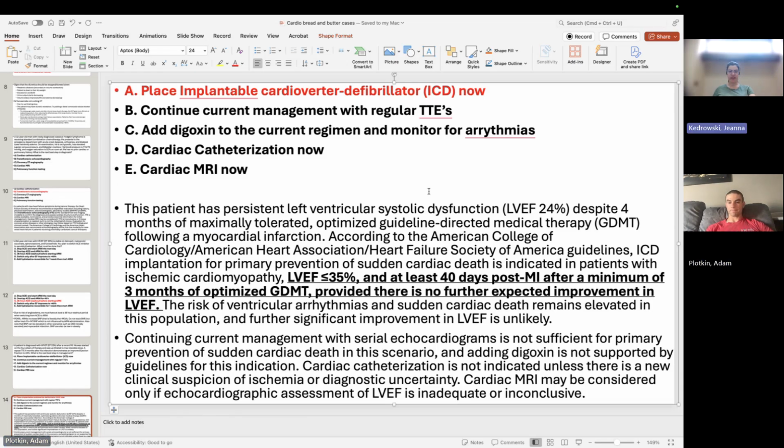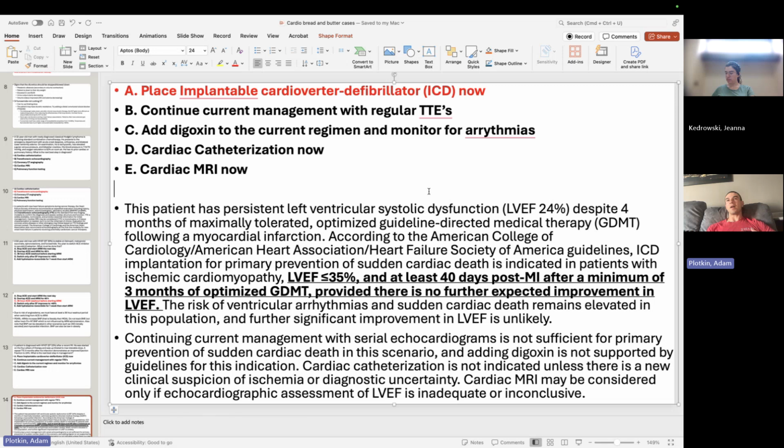Would there be times when somebody hadn't had an MI and their ejection fraction is less than 35%, you still place an ICD? Yep. I've seen this now two or three times on the wards: a patient will come in, for some reason, having an acute exacerbation of heart failure, or we newly diagnose them. They have an ejection fraction of like 15%. In that case, that's a conversation with cardiology. But if they've been on GDMT for at least 3 months, that right there is an indication to place a pacemaker, or sorry, an ICD.